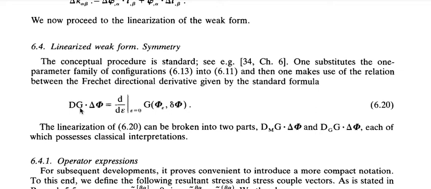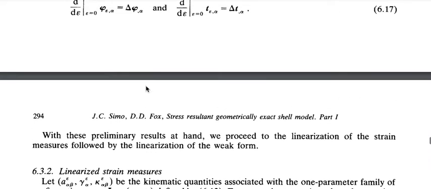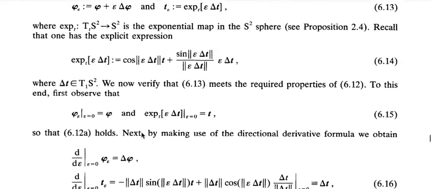So when we cause an increment in the shell configuration, delta phi, what is the corresponding change in the energy functional in that particular direction, or what is the energy change corresponding to that particular directional change? And similarly, what is the corresponding change in the strains corresponding to that particular directional change in the shell configuration? So these two quantities which we have over here, we will come back to this again.